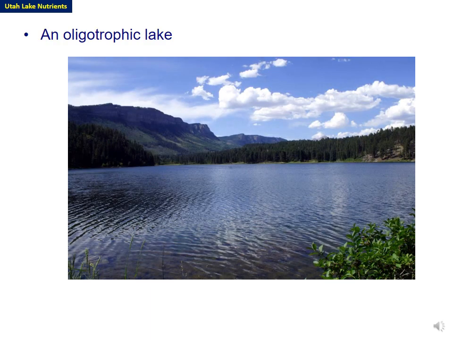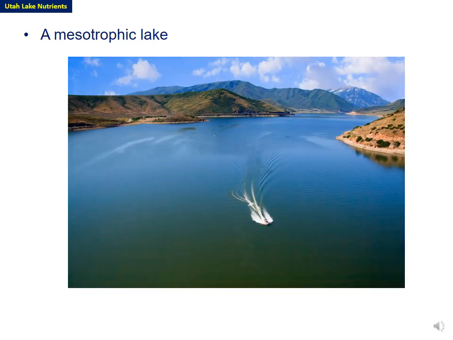So just for reference, here's a picture of an oligotrophic lake. It's located in the mountains. It's not very productive. It's clean, clear water. Here we have a mesotrophic lake, which is a healthy ecosystem that has lots of plant growth. It's got lots of fish. It's got ample nutrients, but not too many. It's got visibility there where the sunlight penetrates deep into the water.